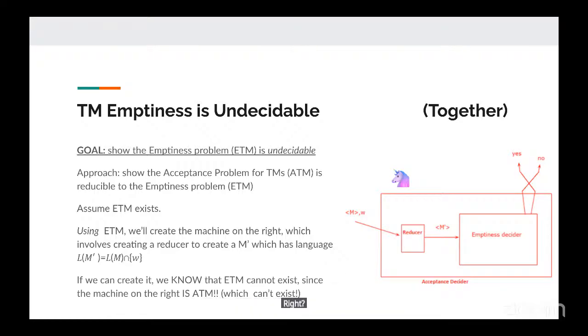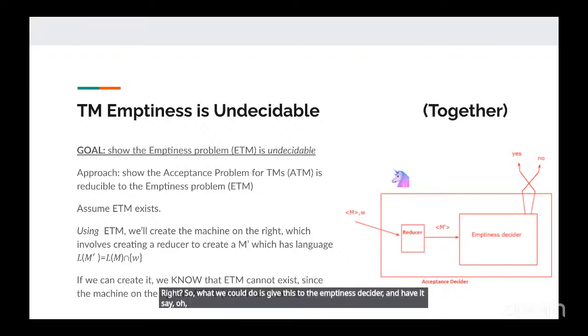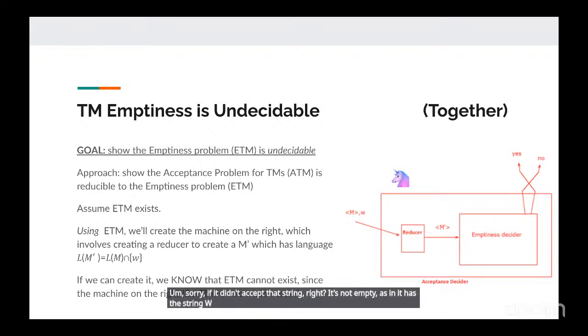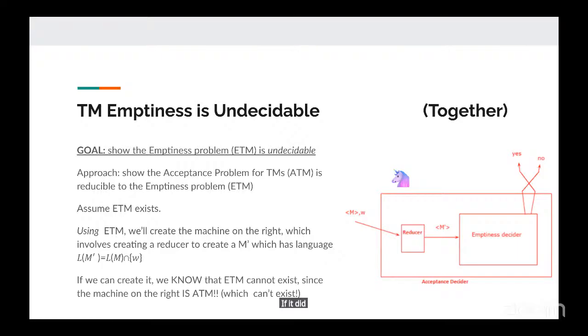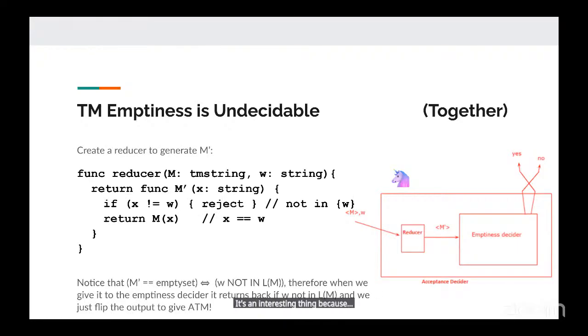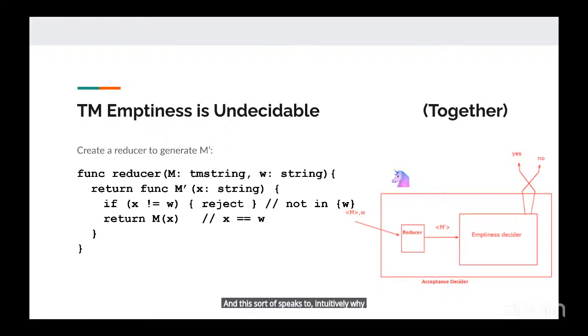So what we could do is give this to the emptiness decider and have it say, oh, this is the empty set. Great. The only time it's the empty set is if the original machine did not accept that string. It's not empty, as in it has the string W in it, if it did accept that. It's an interesting thing because, and this speaks intuitively to why it doesn't make sense,